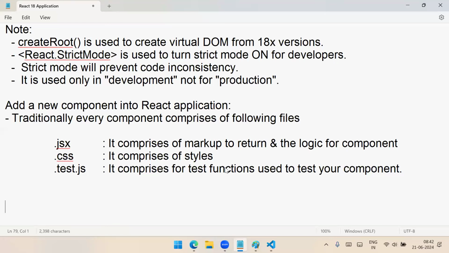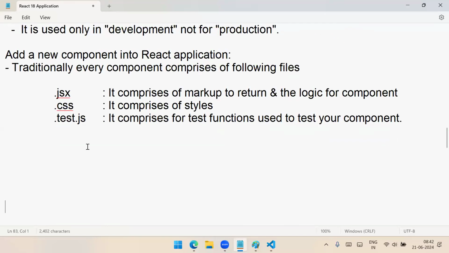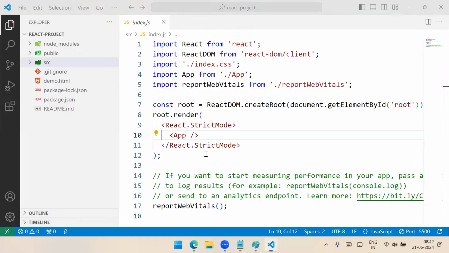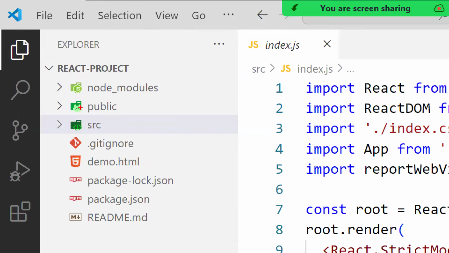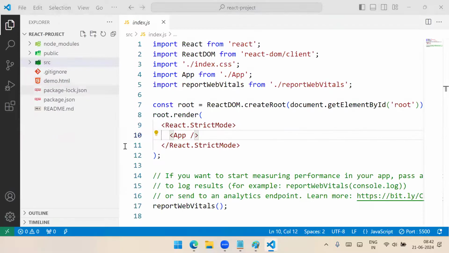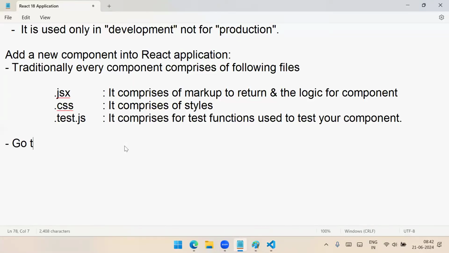Initially this test file is not required. Initially we need only one file, the JS. If you want styles separately, then put a CSS also. Then go to the project, and where do we keep the components? Make sure that all the dynamic files are in which folder? SRC. So go to the SRC folder